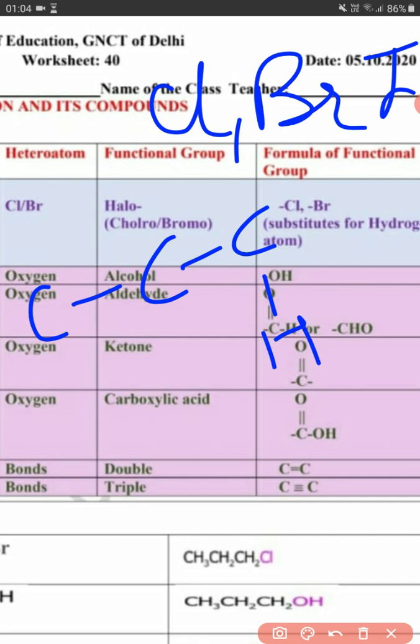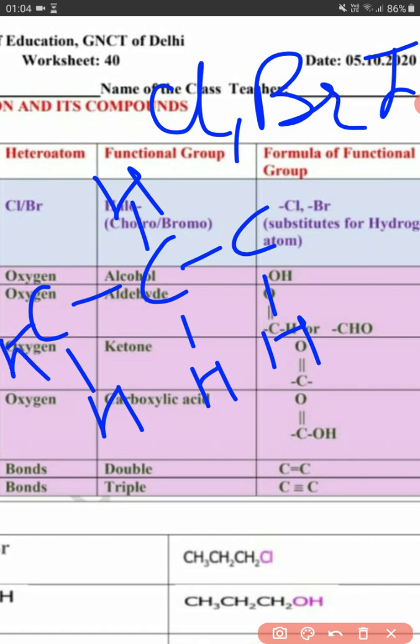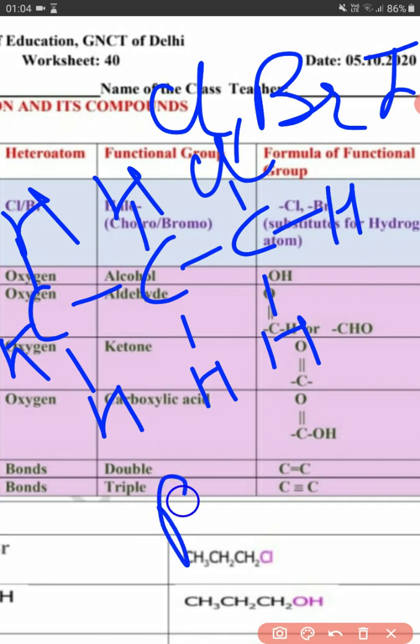Suppose this is a hydrocarbon having hydrogen and carbon atoms, and in this, one hydrogen atom gets replaced by chlorine, bromine or iodine. So 3 carbon atoms are there. 3 carbon atoms means the name is propane,